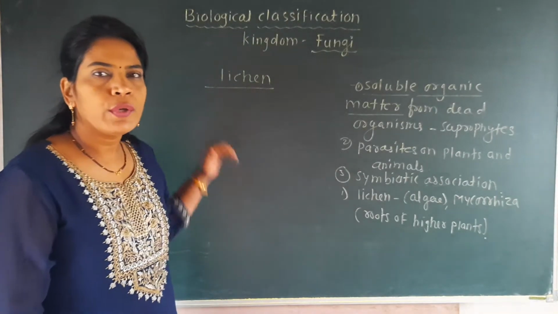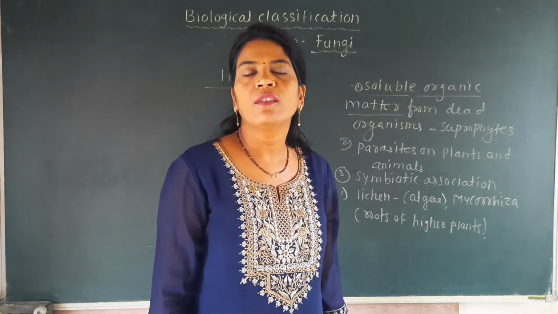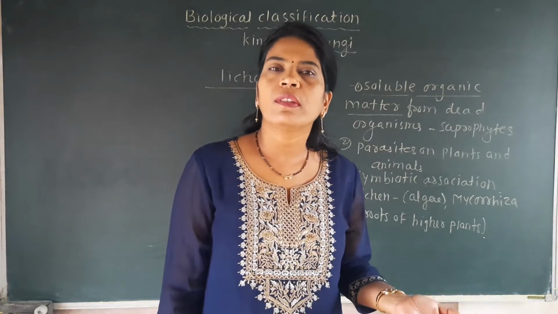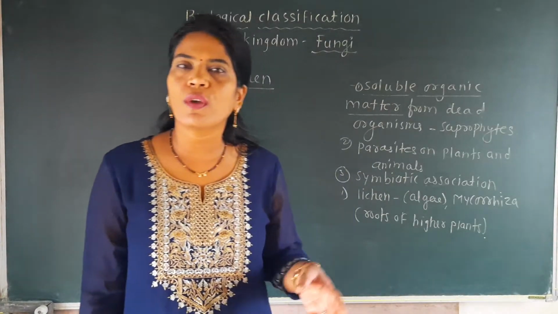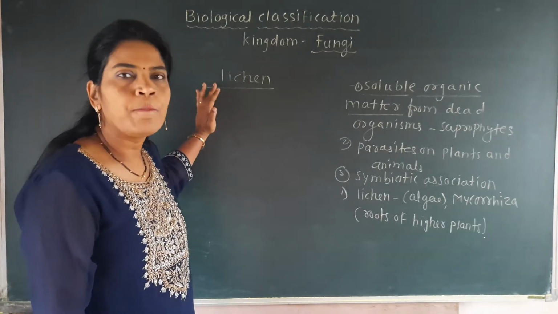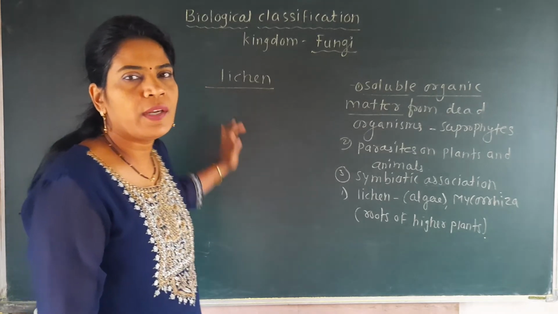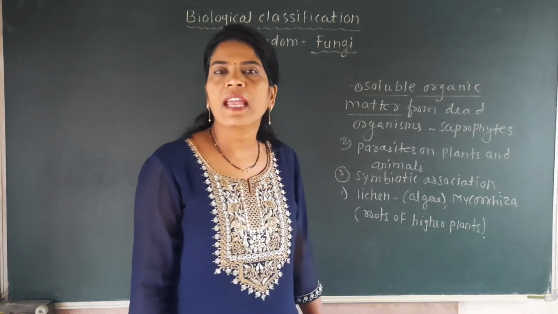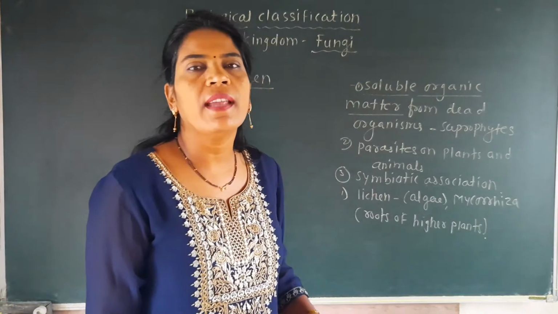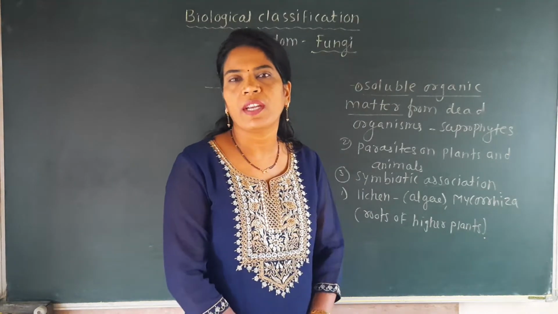We are not focusing on the uses or importance of lichen, but a few things you should know: lichen grows on rock, on the bark of trees, and even on soil, on snow, etc. So lichen is a fungi which always shows association with algae. Then what is the benefit from the algae to the lichen, or from the lichen to the algae? Because it is an example of symbiotic association, which means an association between two organisms where both get benefited from each other.